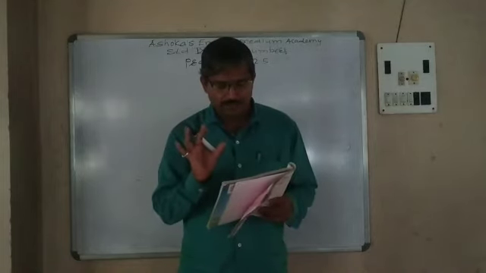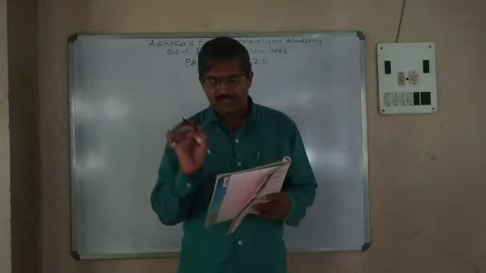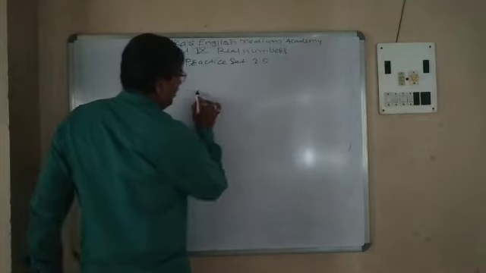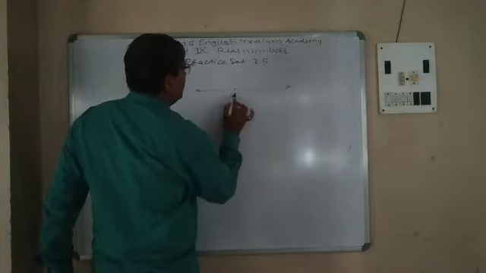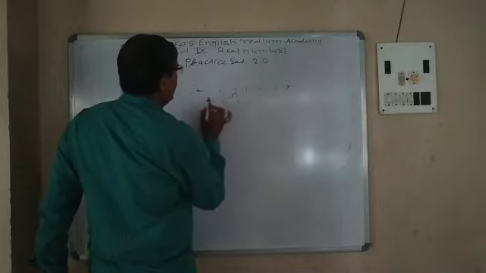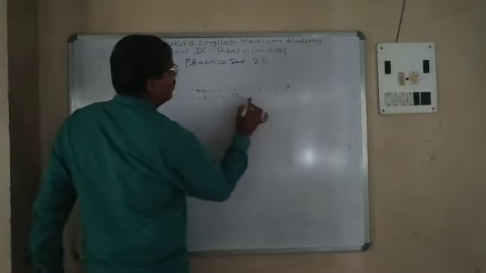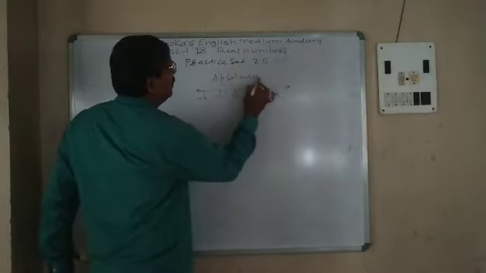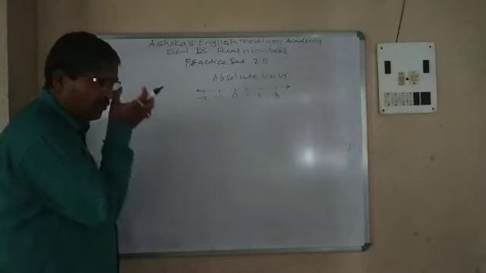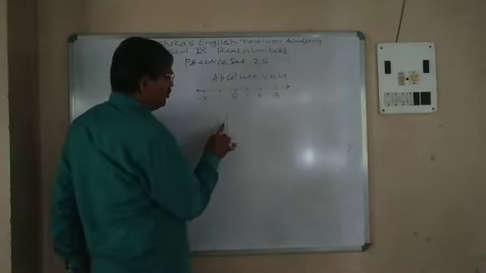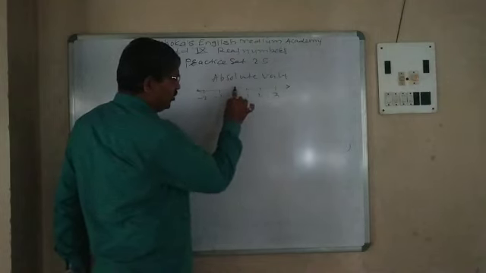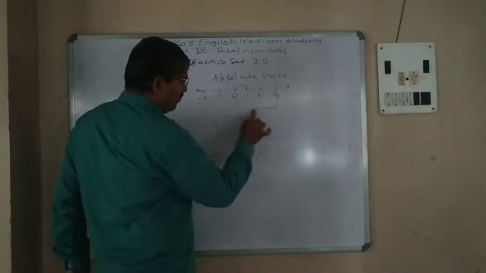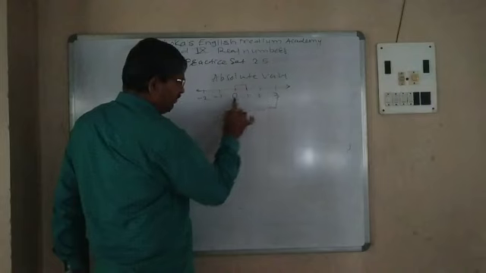If x is a real number, the absolute value of x is the distance from 0 on the number line. Suppose x is a real number, and here it is 0. 1, 2, 3. Minus 1, minus 2. Absolute value means what? What is the absolute value of 1? It means the distance from 0 to 1. The absolute value of 3 means the distance of 3 from 0.